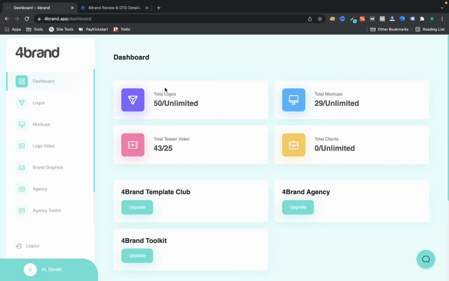It is a tool that helps you create content, graphics, logos, and mockups for your clients and also for yourself, so you can do whatever you want. It comes with pre-made templates. You just have to edit them, and there is a drag and drop system which you can use. It also comes with a lot of graphic elements, which means you can create graphic content for your clients. I'm just going to show you how it all works.